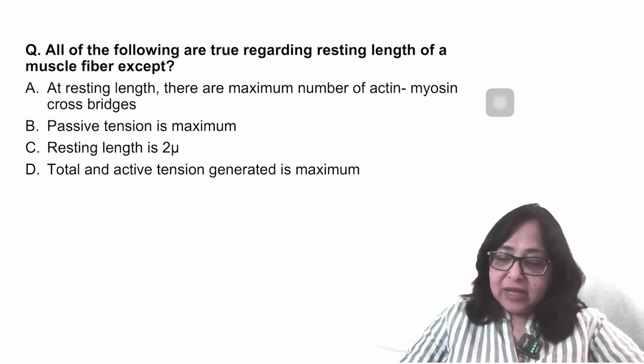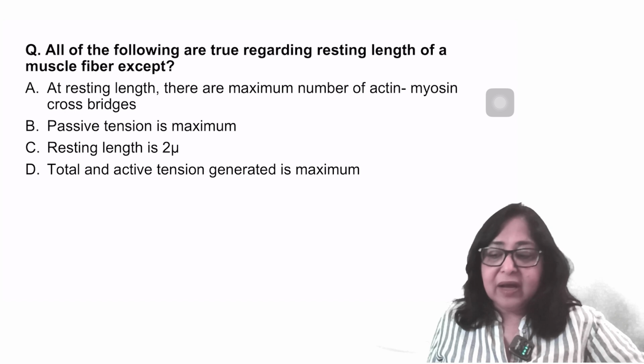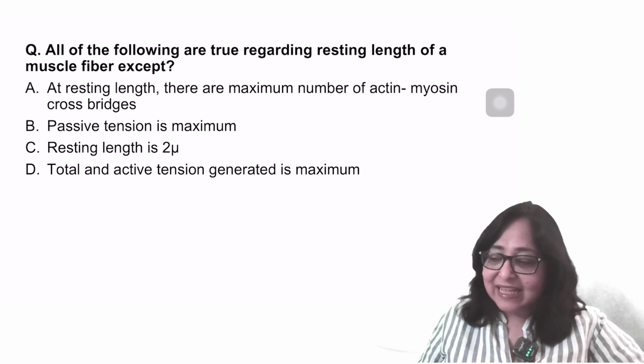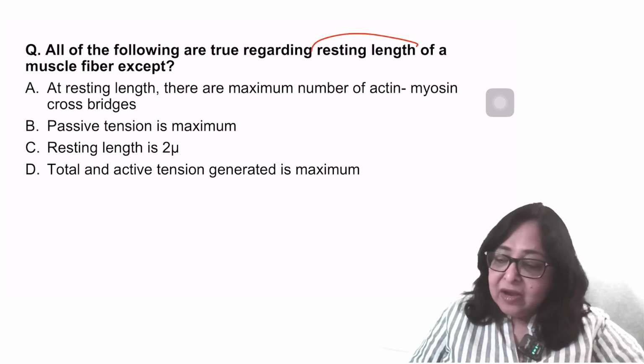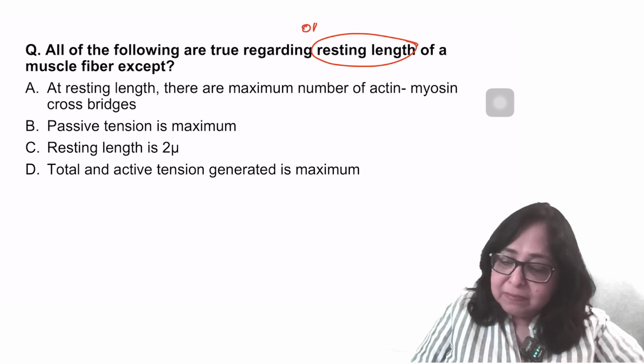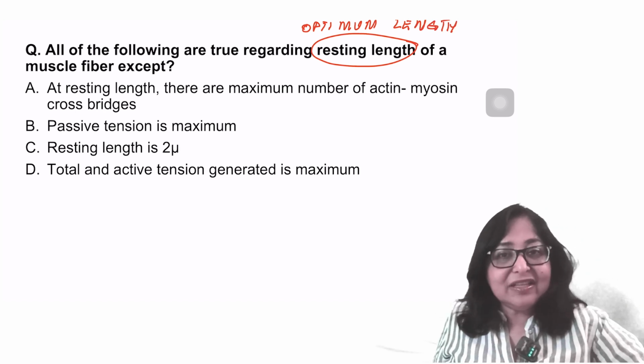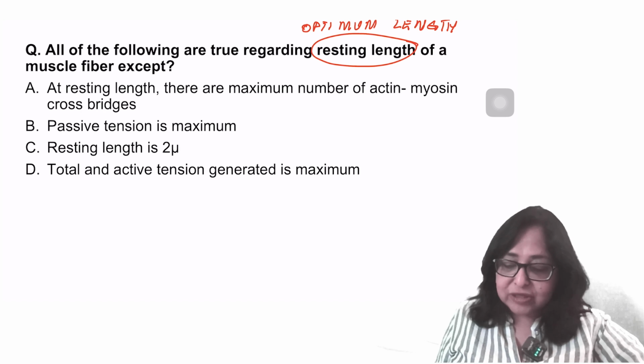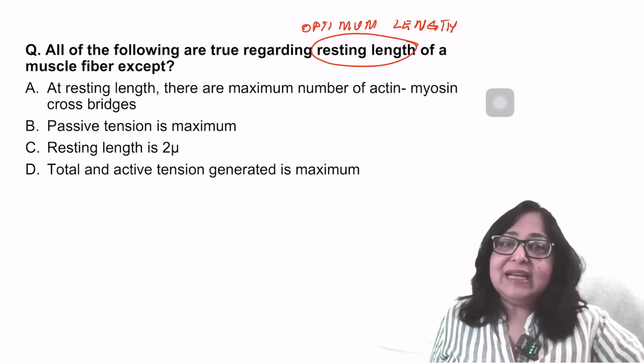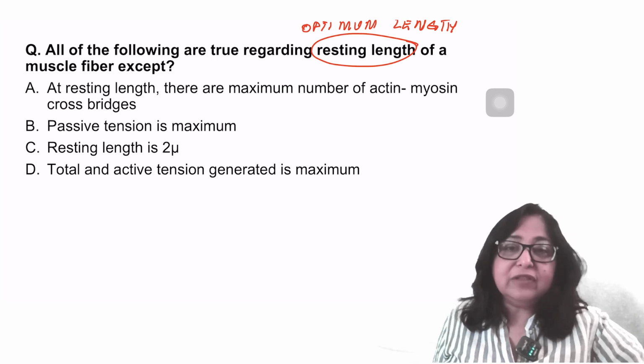Let's have a look at the second question. All of the following are true regarding the resting length. Now, what is resting length? Resting length is also known as the optimum length. Now, what is optimum length? During an isometric muscle contraction, there is something known as the length-tension relationship or the Frank-Starling's